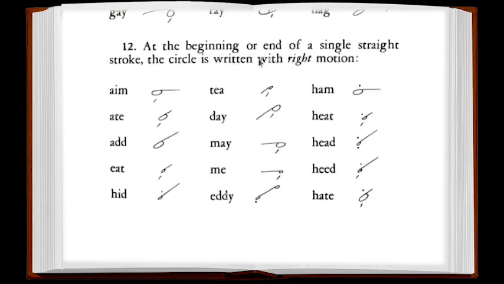At the beginning or end of a single straight stroke, the circle is written with right motion. So look how these are written. Aim, ate, add, eat, hid, tea, day,